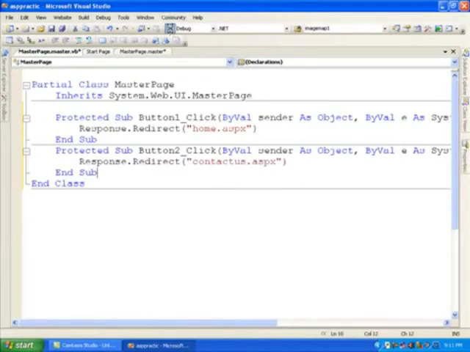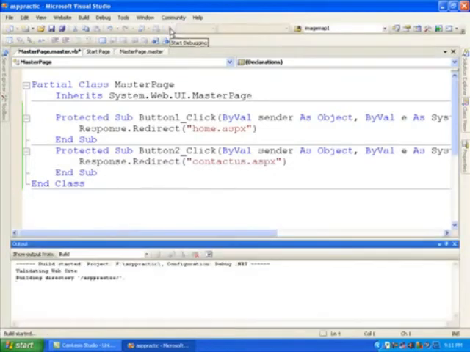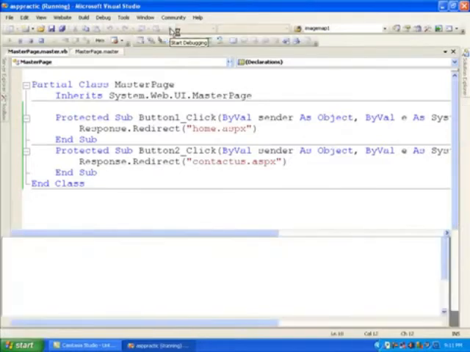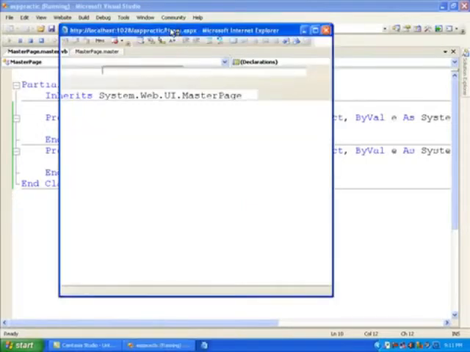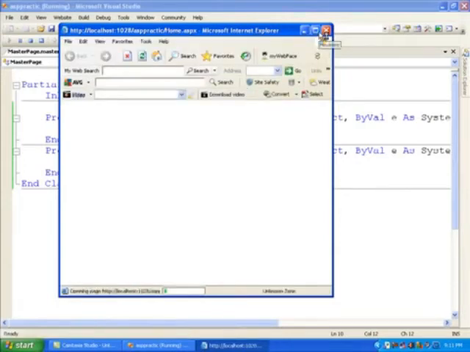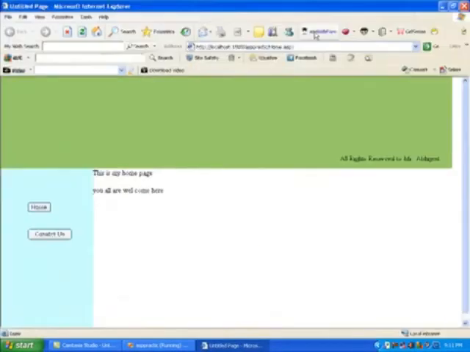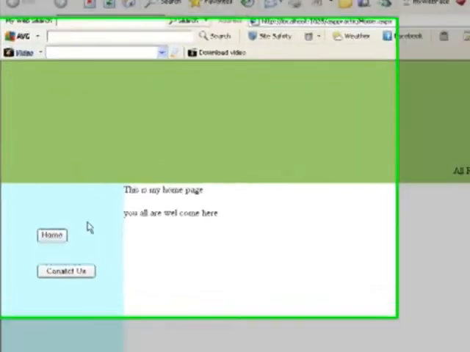Finally, let me take a look at my small website of ASP.NET using master page, transaction page, and overall things. IIS is loading. In a short while I will get a web browser. Yes, my web browser is coming. It is loading. And all right, reserved to Mr. Abhijit Jadeja is displayed with my home page. This is my home page. My address bar is displayed.